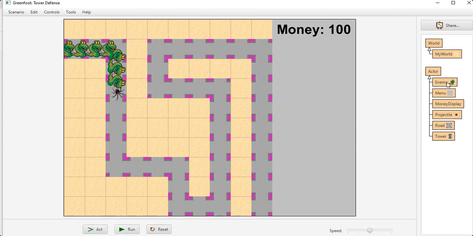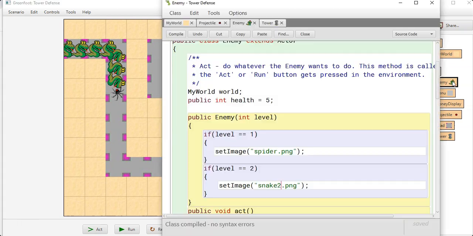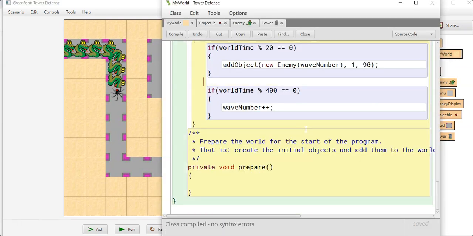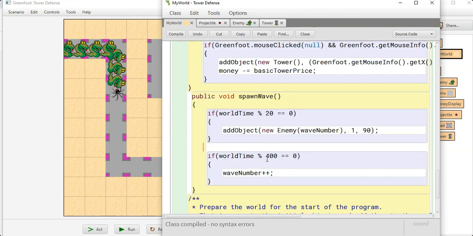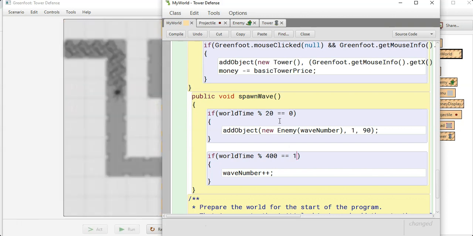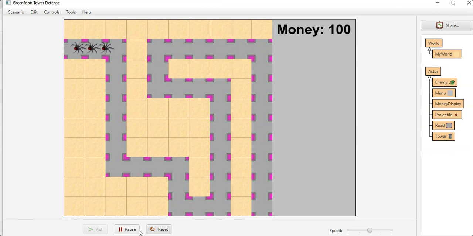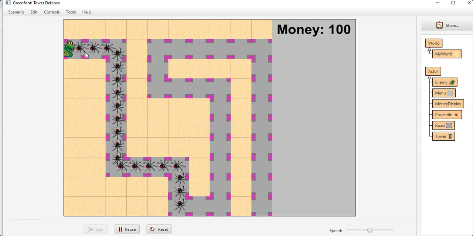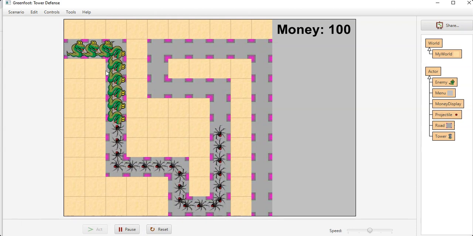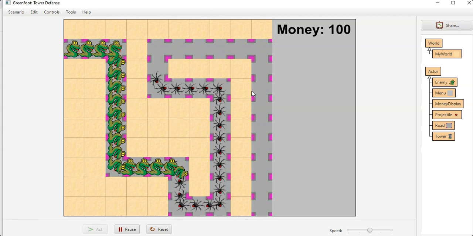So why did we change to snake2 so fast? In our MyWorld, our world time needed to be divisible by 400. 0 is divisible by 400. So if we just made this 399, it would wait till the count was 399 before it would add in a new snake. That's what we can do for now. We'll probably change this up a little bit later, but see, now we're adding in the snakes,